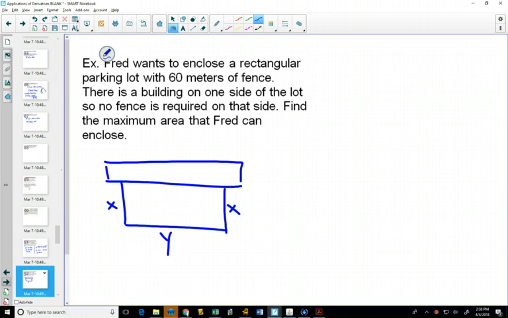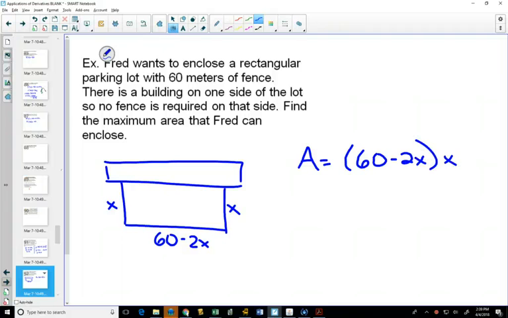So sometimes people start this way. Now, since you have 60 meters in total, you want to create something so that it's all in one variable. And you would say, well, if I had 60 meters in total, and I've used up x here, and I've used up x here, I'd have 60 minus 2x left. And the area, length times width, would be 60 minus 2x times x, or